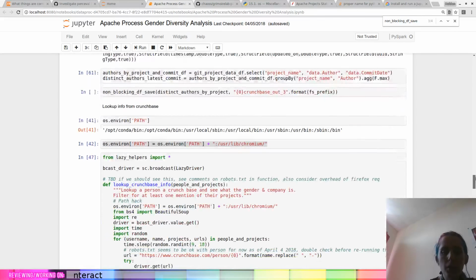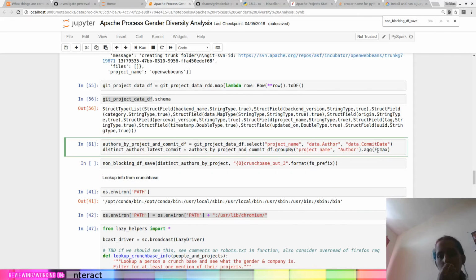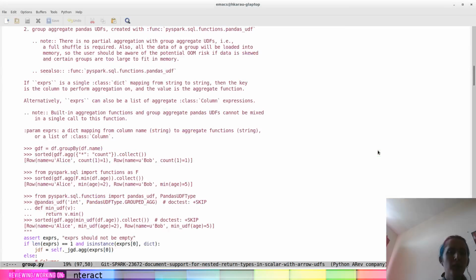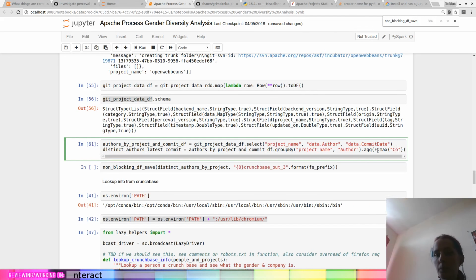Scroll down here to wherever it is that we were doing this work. And so we take f.max on commit date. Cool.